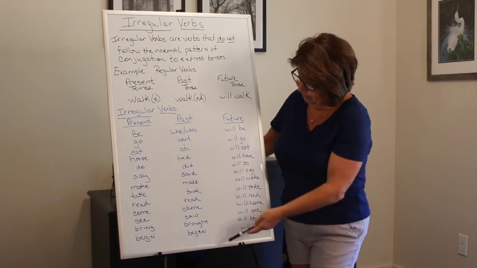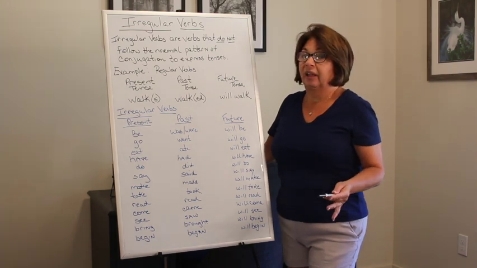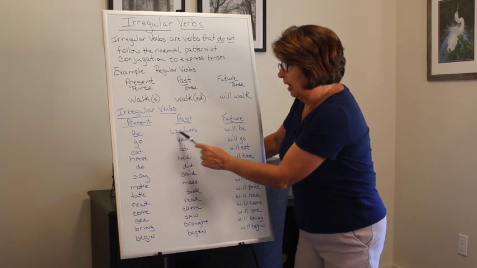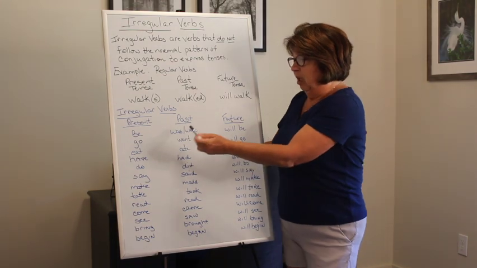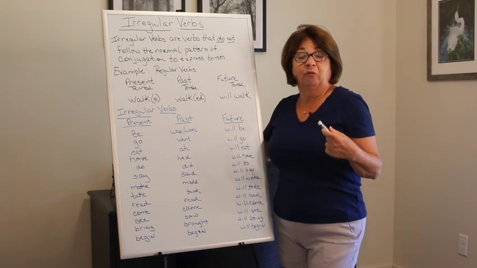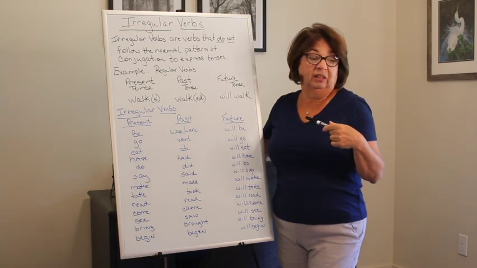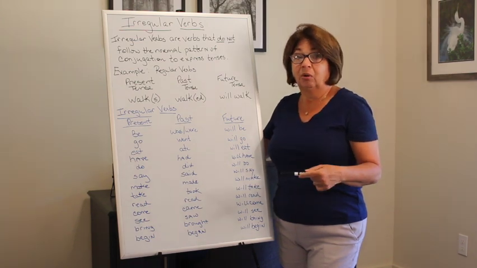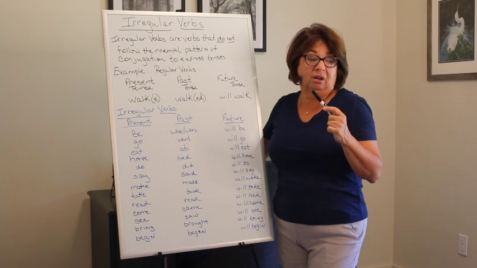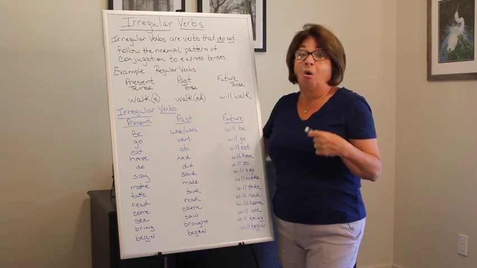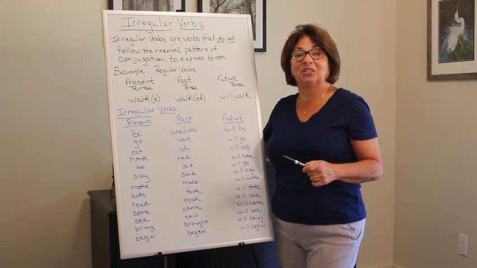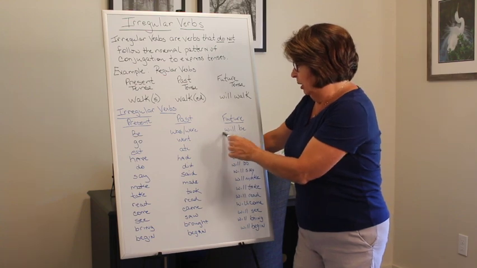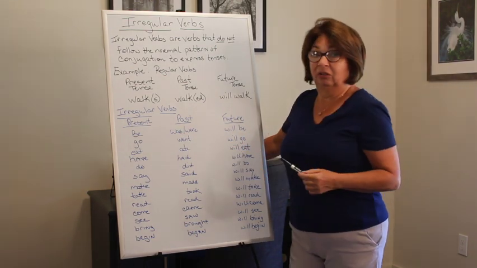So let's look. This list is kind of long, but this is just a partial list of some of the irregular verbs. Our first one is be, and I have was and were here. The reason for that is we're going to use was if we're dealing in the singular. So if we have things like he, she, it, or I, we would say I was. If it's plural, like you, they, we, or a hypothetical situation like I wish, then we would use were. Future tense is still going to be adding the will and then whatever the word is over here.